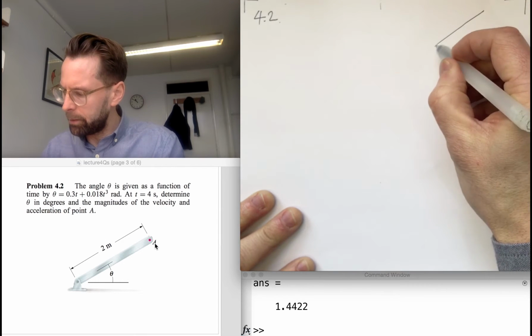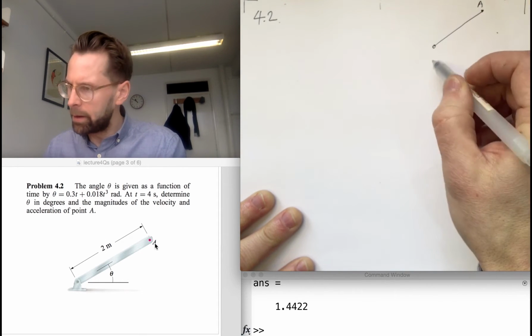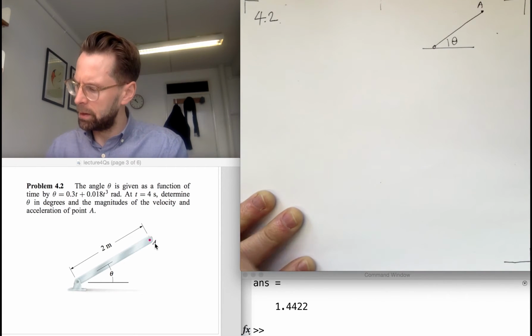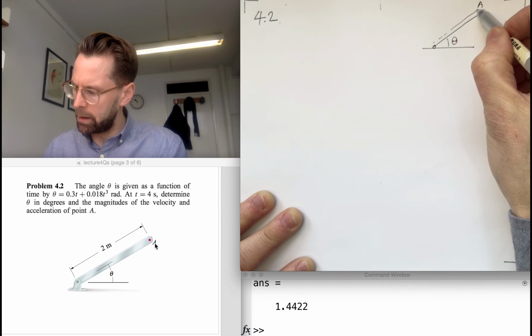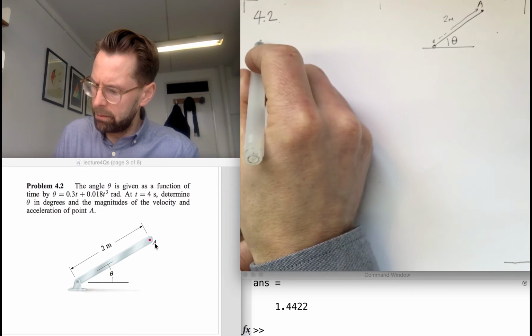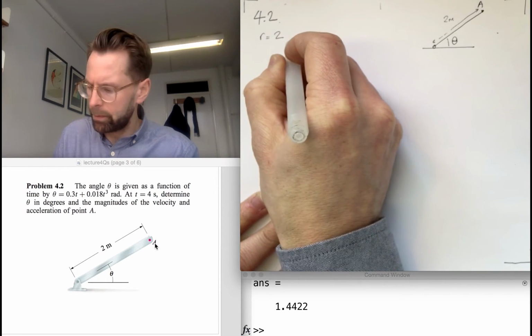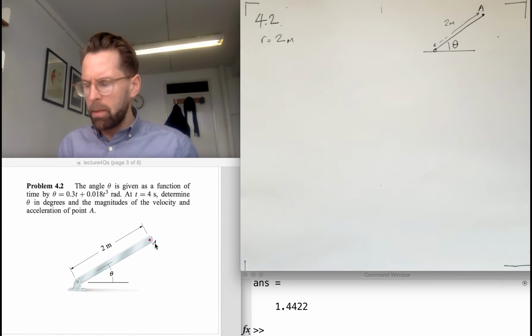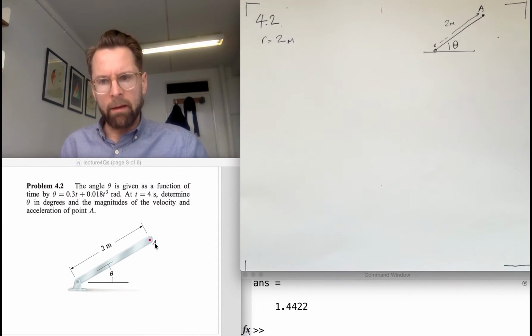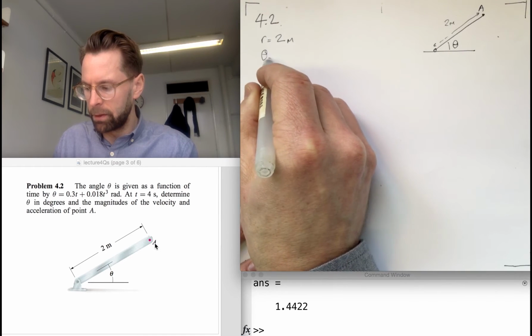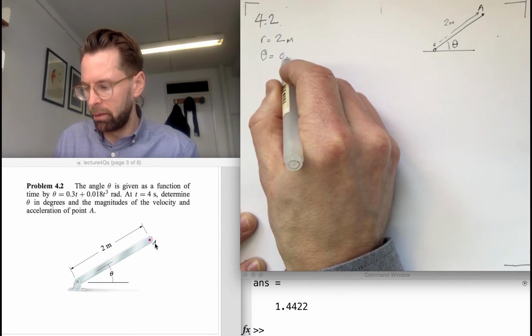So let me do a quick sketch. Okay, there's the bar, there's point A. It's at an angle theta from the horizontal, and that distance there is 2 meters. So R in this case is equal to 2 meters. Now, what makes this different from 4.1 is that now the angular acceleration isn't constant. Actually, we're given the angle as a function of time, so theta is equal to 0.3 t